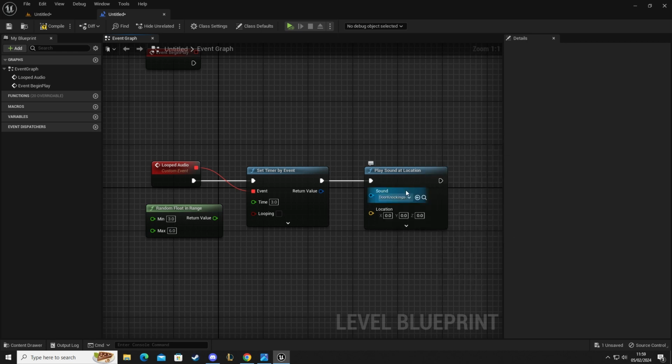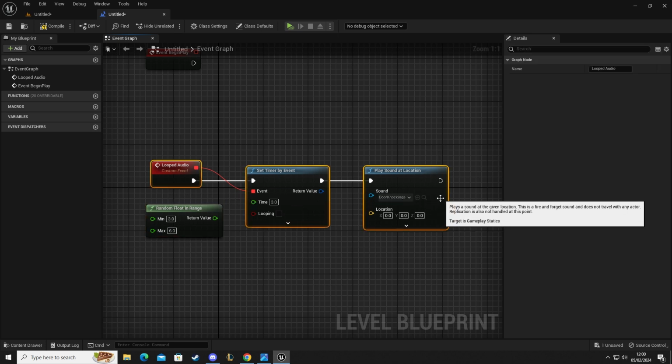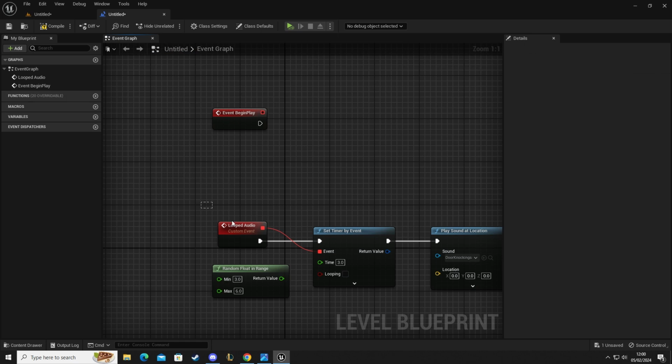That'll do. So currently location is 000, but it's playing globally because there's no attenuation or location to it. So this is just going to play whatever the player is. It's going to be kind of like a 2D sound. So every 3 seconds the door will knock, and to trigger this to start, we can then grab our looped